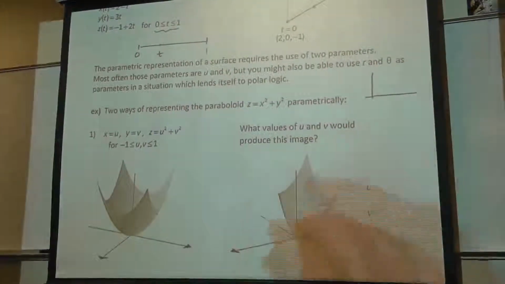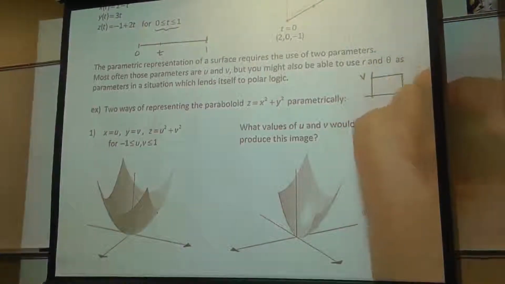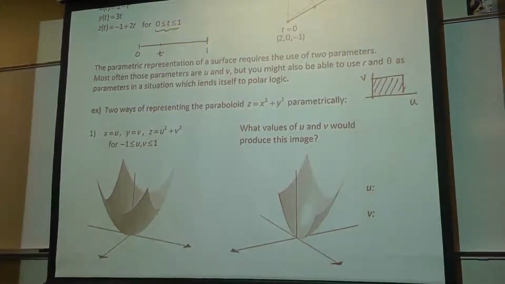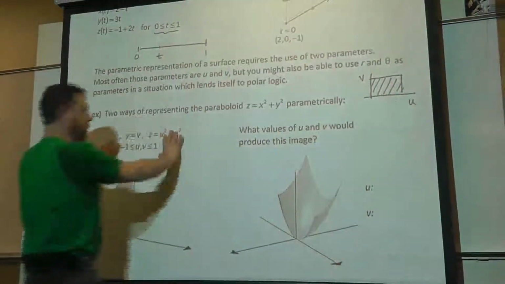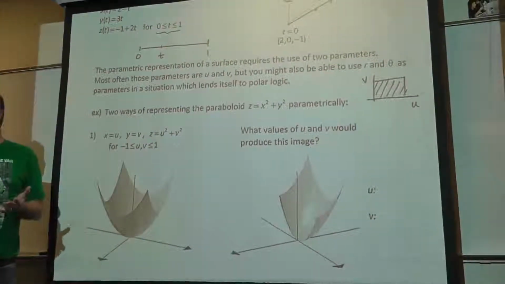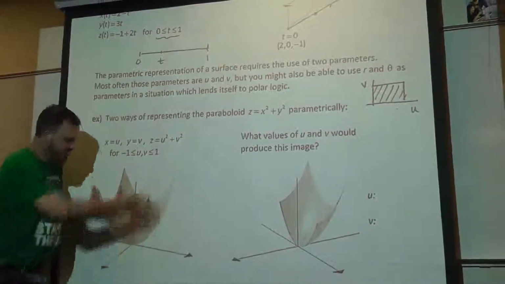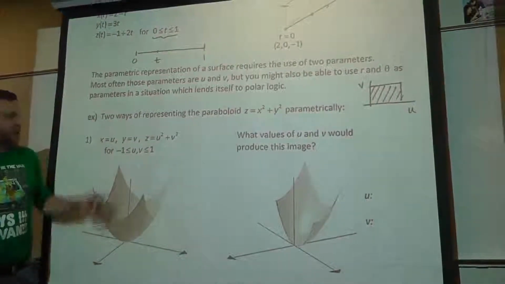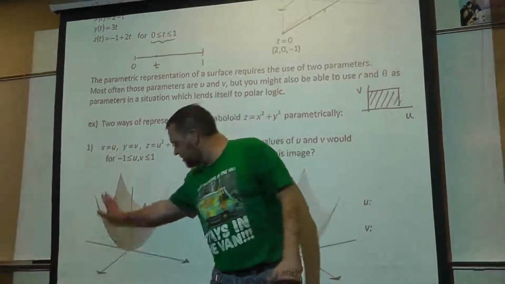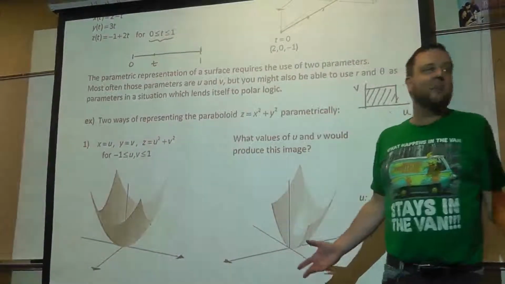And in most of my examples, I use the domain variables u and v. So you may have some kind of rectangular patch in the UV plane that you can send out through these equations, and maybe morph is a really weird word to use, or just map that 2-dimensional patch in the UV plane onto this part of the paraboloid. So in other words, through the use of these equations, you're transforming this patch into this surface out here in space, okay? And there's more than one way to parameterize a surface.